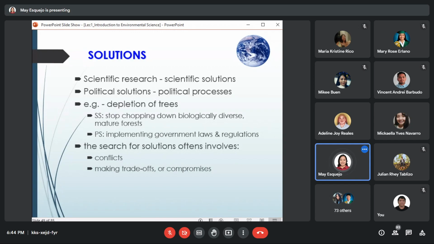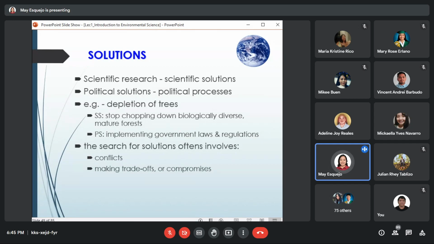So, di ba, with our fields being studied, marami ding tayong ways to help. Okay? We tend to look for solutions, scientific solutions in areas that we are expert, okay, that we can contribute, that we know well, so that we can help the environment and then we can find solutions in order to